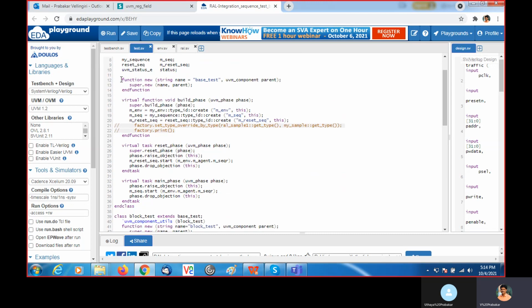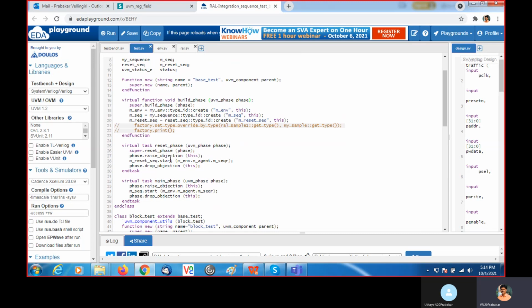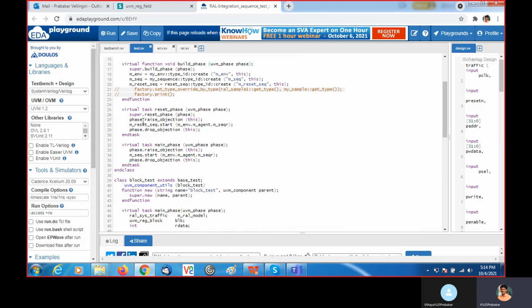Then here I call super.new, the constructor. Inside the build phase, we need to create the environment and sequences using the create method. Till run phase, we have subphases like reset phase, main phase, and shutdown phase.